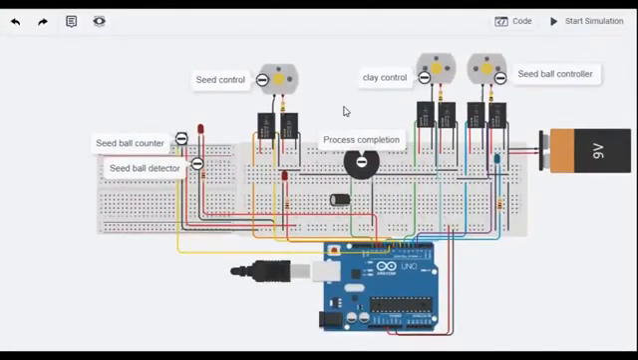So this is our circuit diagram simulation model which was created on Tinkercad. First, we have the DC motors in our first subsystem, which is the seed control and the clay control. As you can see, once the motors start rotating, the red LED glows, indicating presence of materials and transport of raw materials to the drum. These motors control the flow of seeds and clay to the drum,